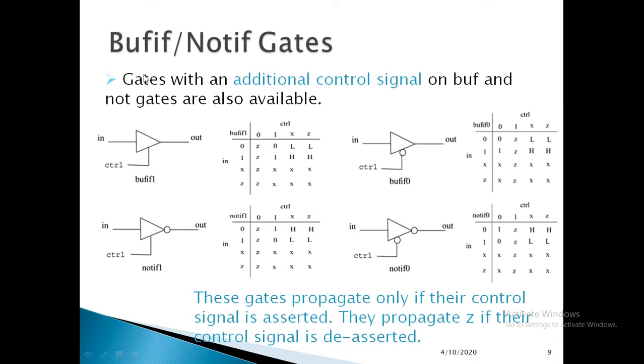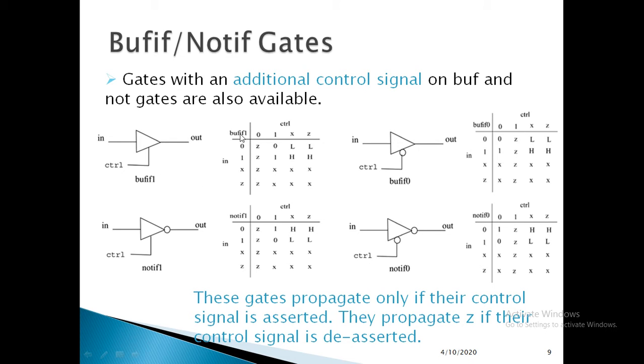Here other gates such as bufif and notif gates are discussed. In these gates, an additional control signal is used. Here this is bufif1, as the name suggests, if this control signal is 1, then this gate acts as a buffer. Here are bufif0, notif1 and notif0. This input acts as enable. If this is disabled, then